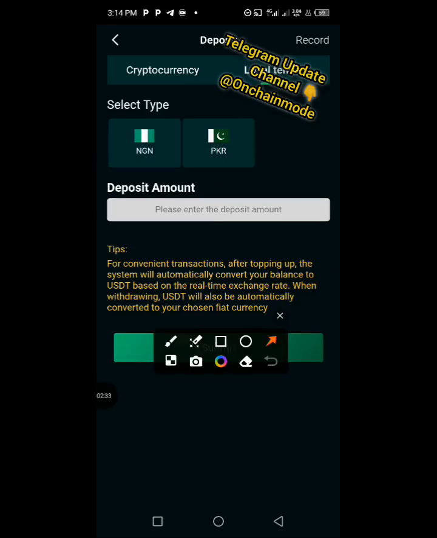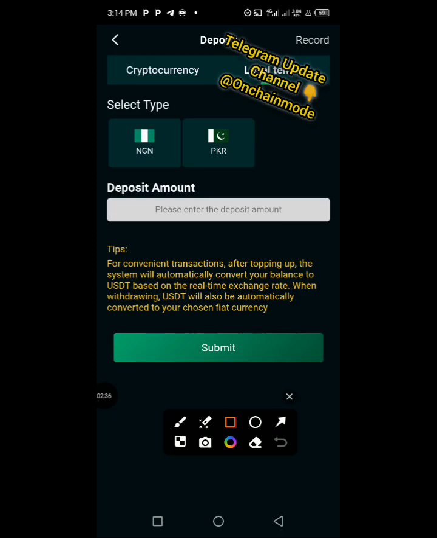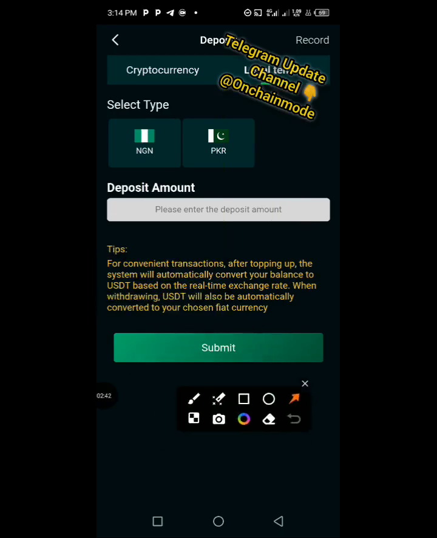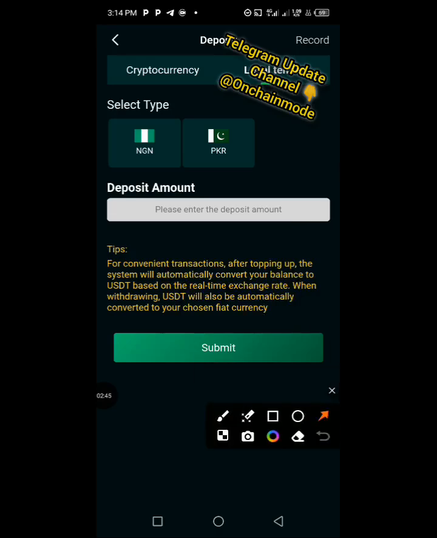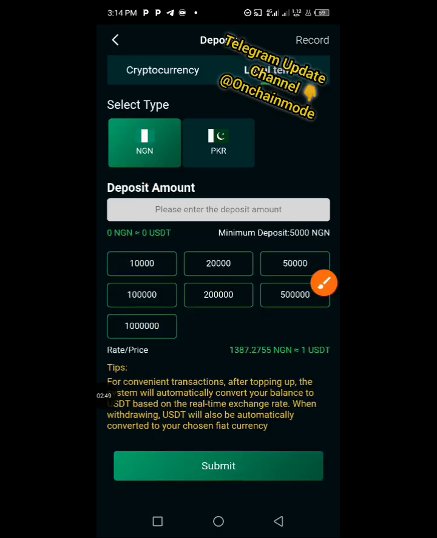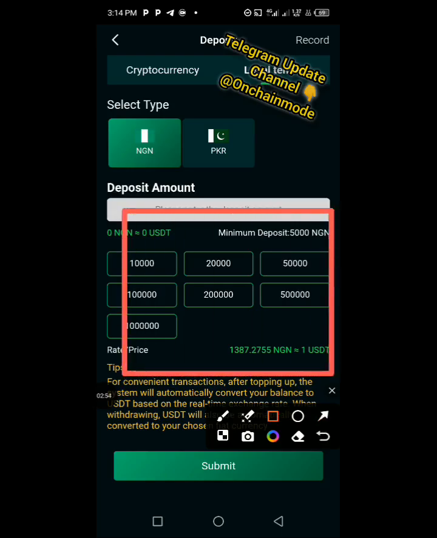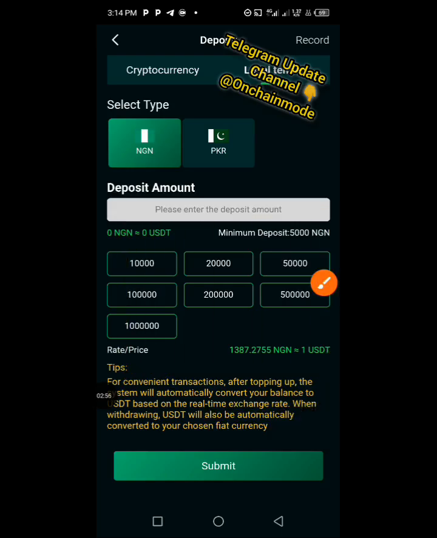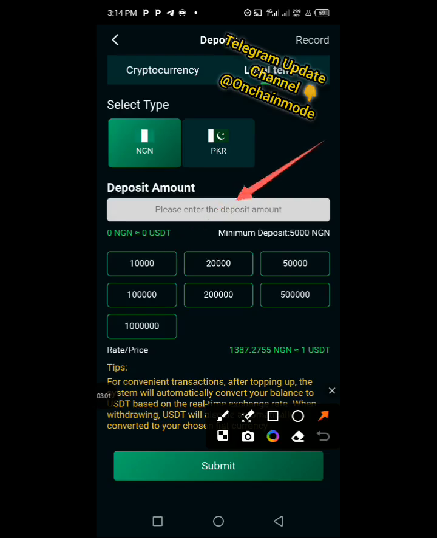Let me show you something. So now here is the legal tender option. If you're a Nigerian, you can deposit. If you just click on this logo right here, all these amounts are going to be displayed for you to deposit. So the minimum you can deposit into this platform as a Nigerian or as a Pakistani is from 5